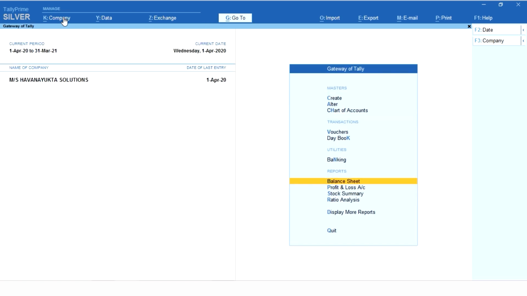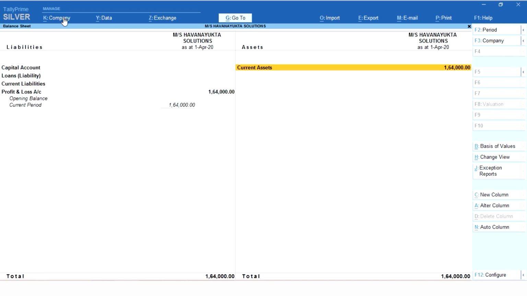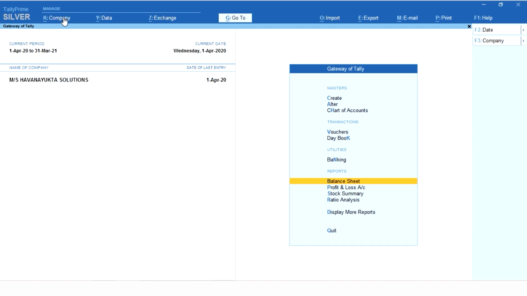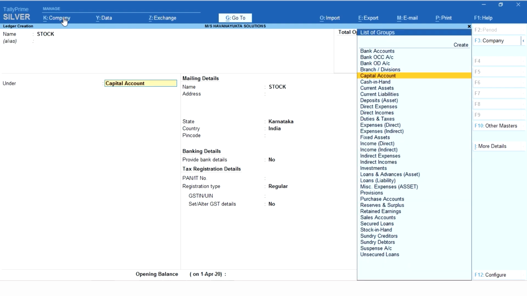And the same thing, if you go to the balance sheet, I'm not getting a closing stock balance in the balance sheet. So if you want to finalize your accounts, then you have to key in an opening stock and closing stock without interrupting your inventory part. In that case, we can create one ledger called stock in hand, or whatever name you want. You can give it like stock, opening stock, closing stock. It is as per your requirement and convenience. So I'll just give the name as stock and I'll group it under stock in hand